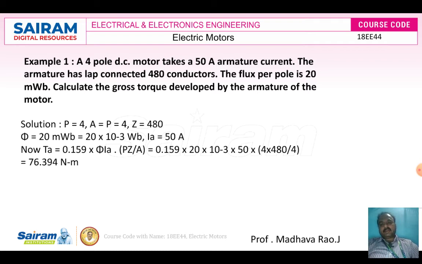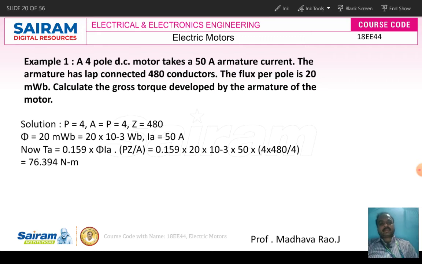First write the given data. P equal to 4, lap connected, A equal to P equal to 4, Z is equal to 480, Ia is equal to 50 amperes, phi is equal to 20 milliwebers. After writing these values, substitute them in the torque equation. So what is the torque equation? The armature torque Ta is equal to